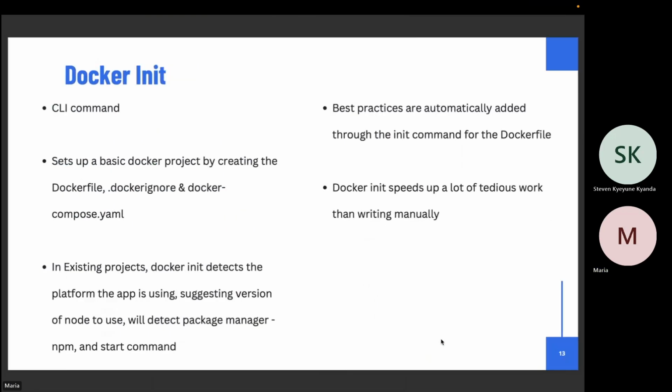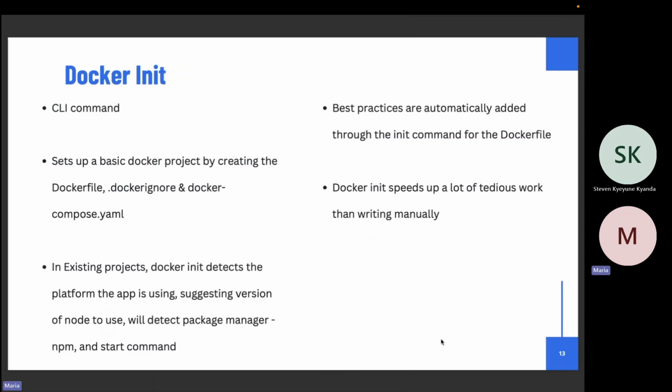Now, as technology grows, there's a command called Docker init. This one will solve all your previous problems that I've been discussing. Docker init will create for you a Docker file. It will create a Docker Compose. It will create a .dockerignore.